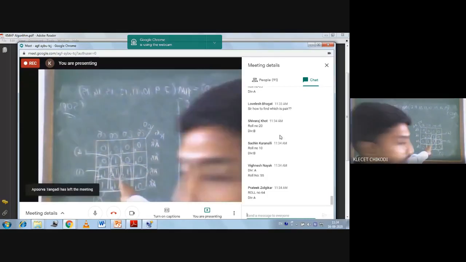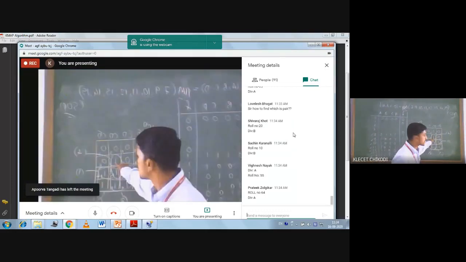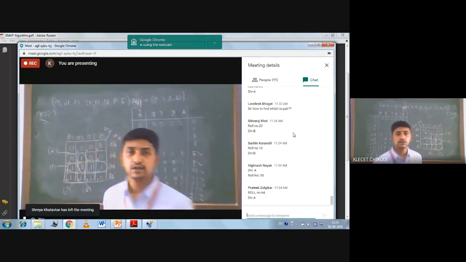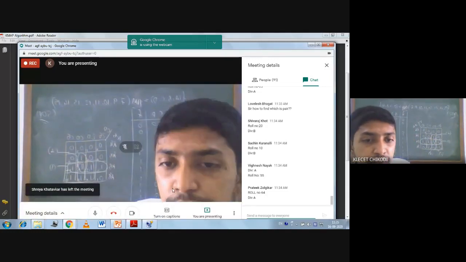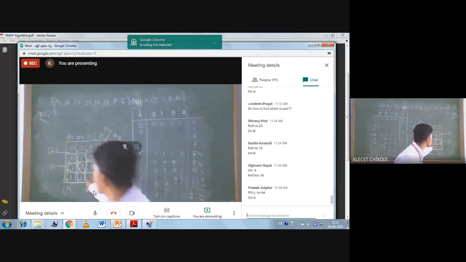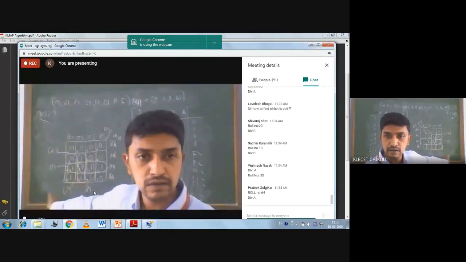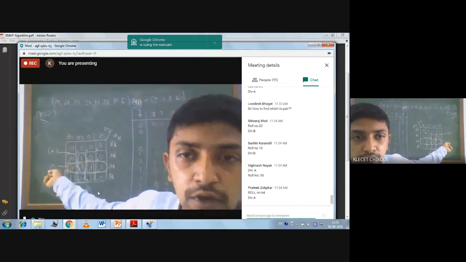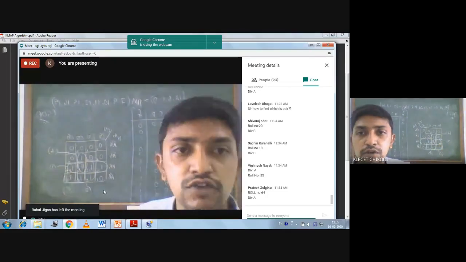You can see that for this 7th cell, we have only one left. In the K-map method algorithm also, what I have told is, look for the largest grouping possible. Since there is one left, you can make that one a pair with the 15 cell. So that's why we have made a pair there. Is it clear? You have to look for the largest group possible.